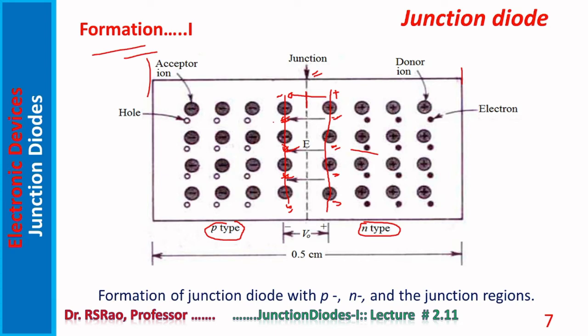So holes remain confined to p-type region, electrons remain confined to n region. Only first column electrons or holes, or second column, or at the most third column,